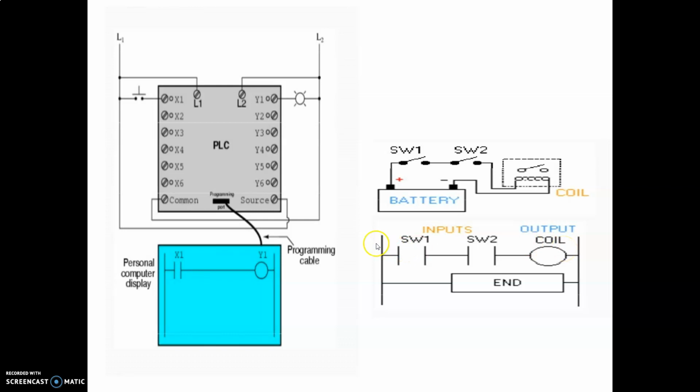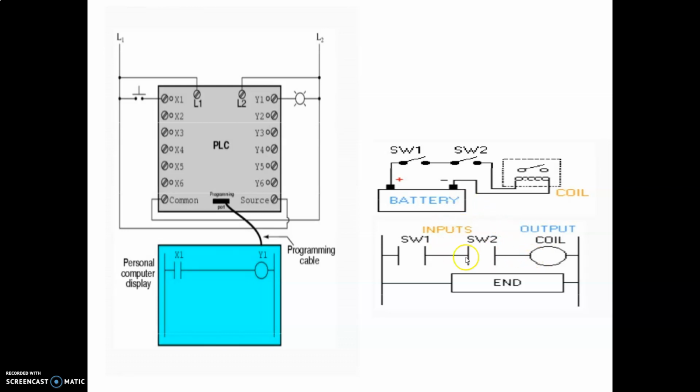Now how do we connect that? We always start programming from left to right. First, if we close this switch, this contact will get closed, so supply will move from this point till this point. Then as soon as we close this other one, supply will go up to this point, pass through this coil, and we will get an output of the coil. So this is the simplest example of a ladder logic diagram, right?